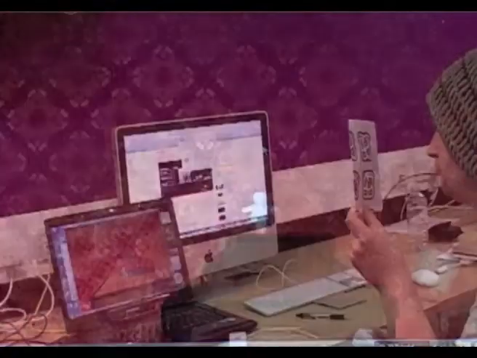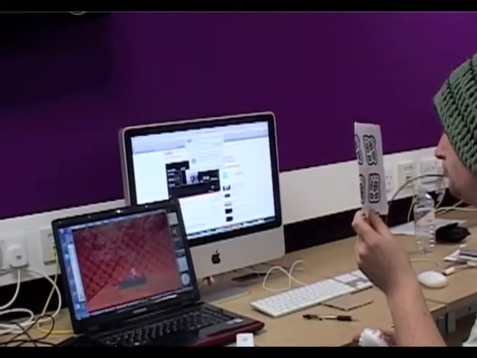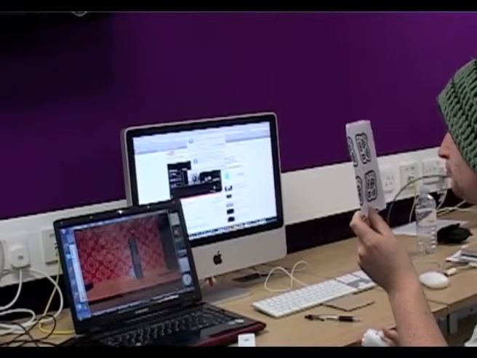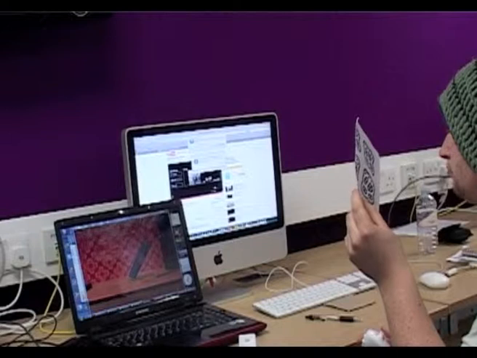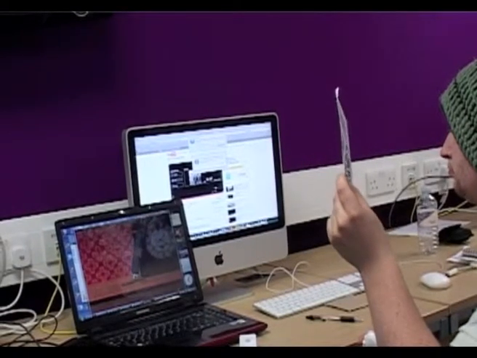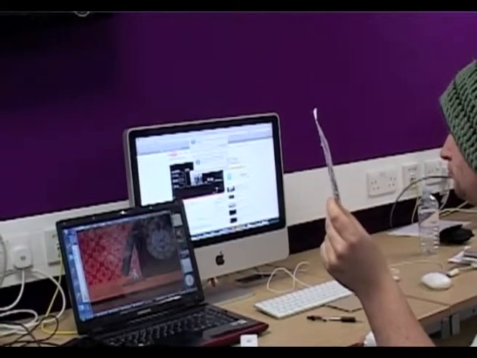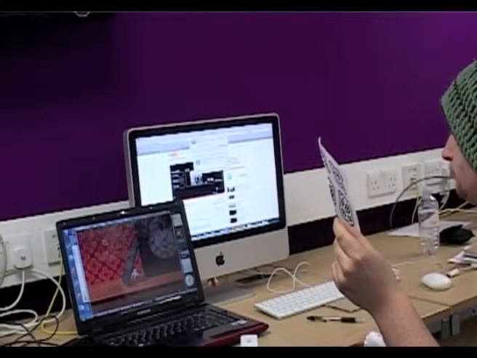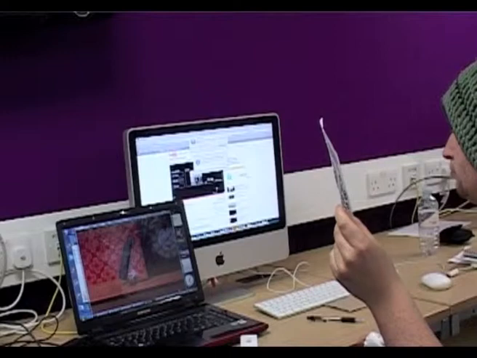Players can control the environment using the fiducial marker, which allows them to move, turn, switch and twist in-game objects by manipulating the fiducial. By allowing the player to test the limits of their control over a virtual space, the fiducial can be thought of as a transitional object as described by D.W. Winnicott.